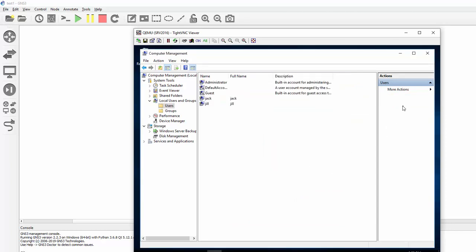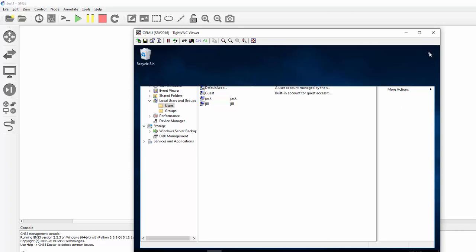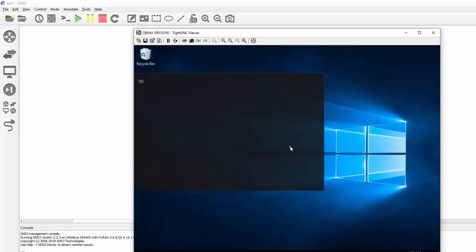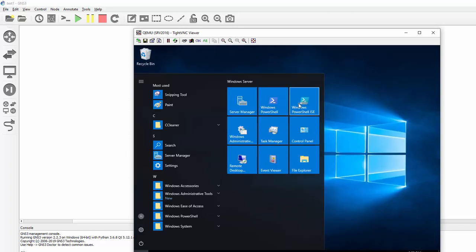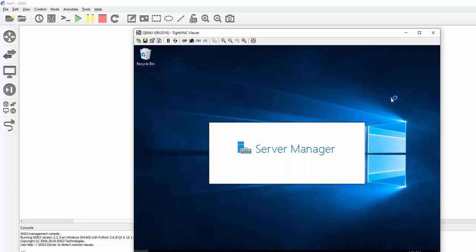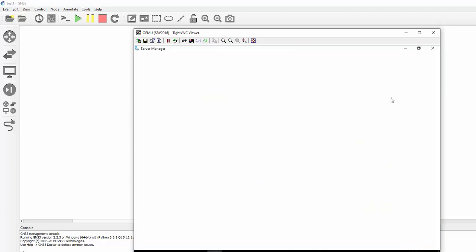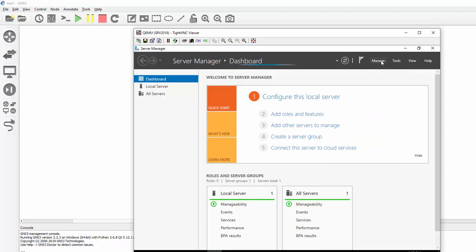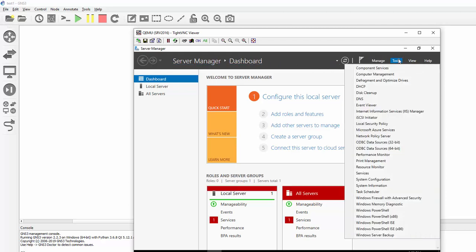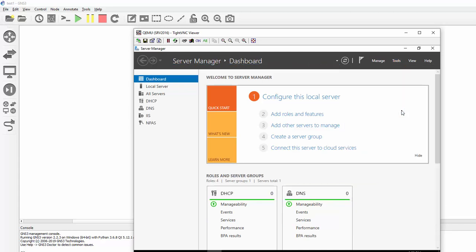So now we've set up the folder and we've set up the username. So now we click that start button, Server Manager. I have already installed, through Add Roles and Features, Internet Information Services and FTP, so I can just go into it by selecting Tools, Internet Information Services Manager,